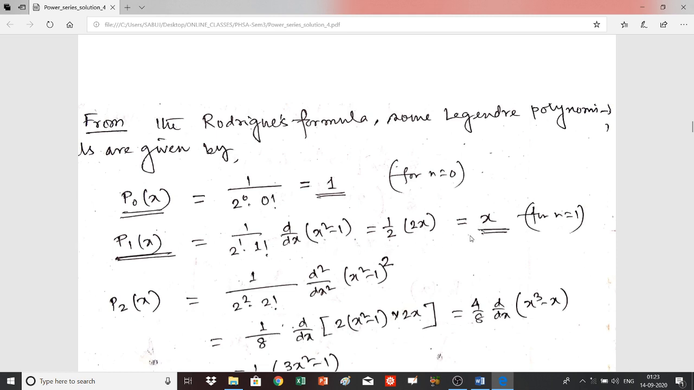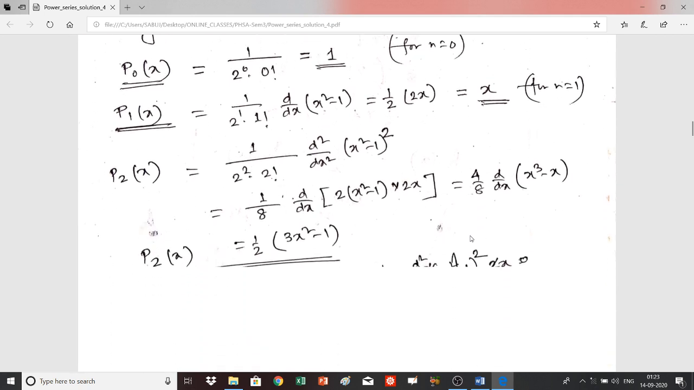So P1(x) is equal to x. Now P2(x). Using Rodrigues' formula, P2(x) is equal to 1 by 2 squared into 2 factorial, d²/dx² of (x² − 1)². That is equal to 1/8 d/dx of the first differentiation, which is 2(x² − 1) times 2x. So that is equal to 4/8 d/dx of, if you simplify, x³ − x, and so P2(x) is equal to, now differentiate this term,